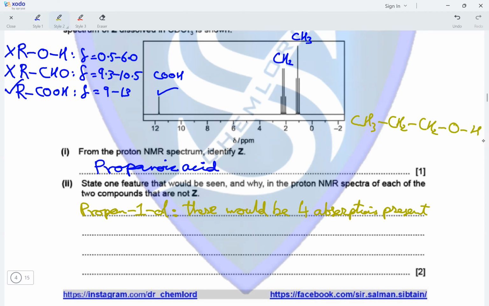So we've got 1, 2, 3, and 4 environments present in propan-1-ol. So there would be 4 absorptions present,